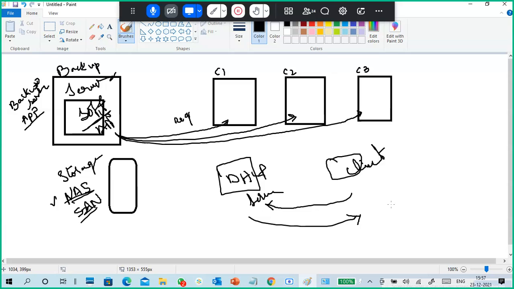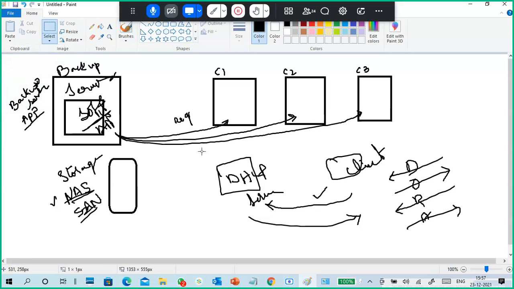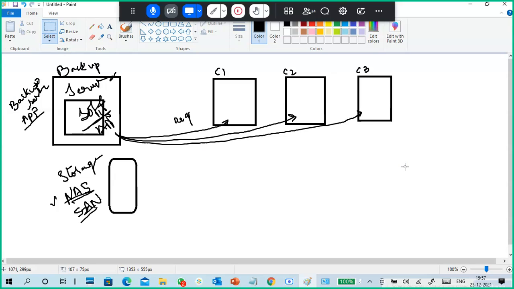Client asking. Yes, the client will ask. So, the DORA process, right? Discover, Offer, Request, Acknowledgement. First the client only discovers, the DHCP server only offers, but the request is by the client only. Then acknowledgement. So this is the pattern, right? Same goes for all communication. If you don't request, you won't get it. That's the thing. It is simple, right?